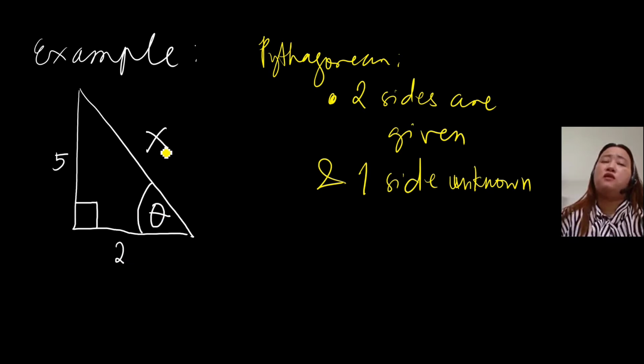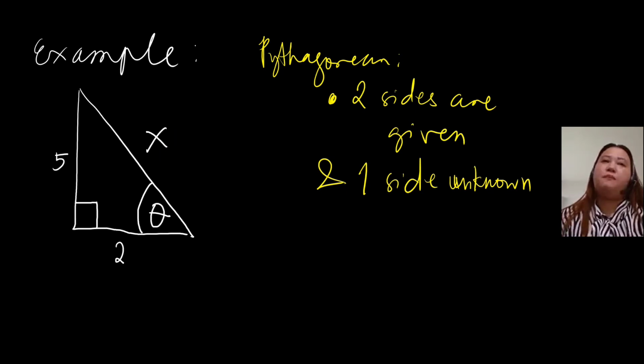So you can solve for this x. Later I'm going to show it to you. So when are you going to use the trigonometric function here? Again, since we have two sides given and one side is unknown, it is better to solve first for the unknown side, especially if it is being asked. And that is by